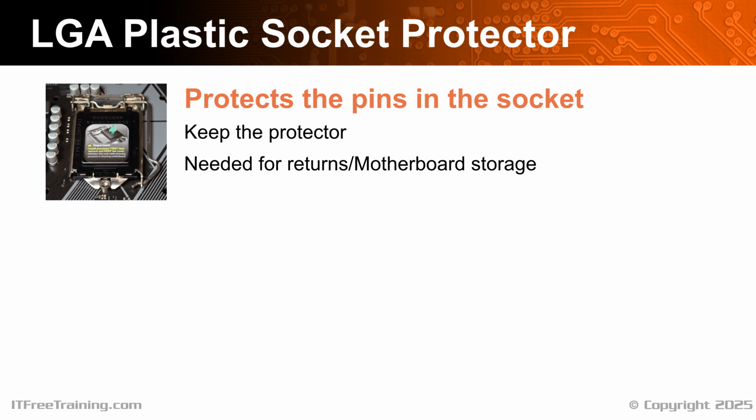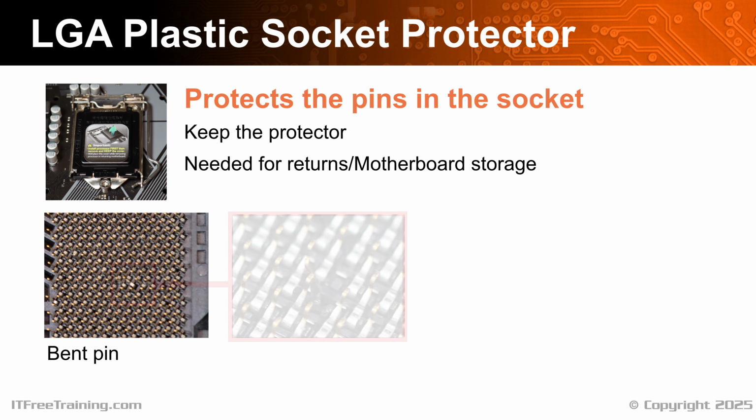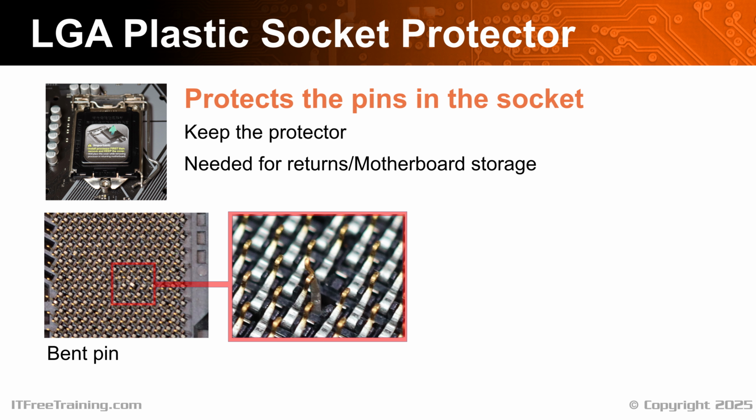The pins in the socket are tiny and can easily be damaged. You can see in this example one of the pins is damaged. It's difficult to see. However, if you look closely, you can see the pattern of the pins is slightly different. When I look really closely, you can see that one of the pins is bent in the opposite direction to the others. It is possible in some circumstances to fix problems like this.